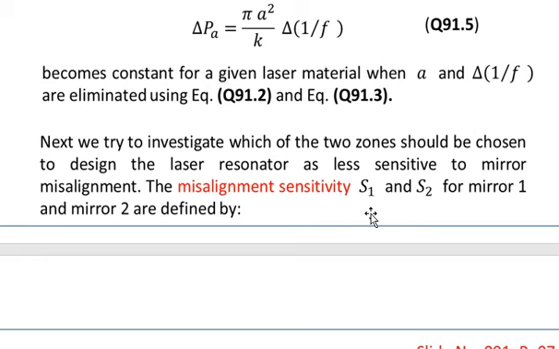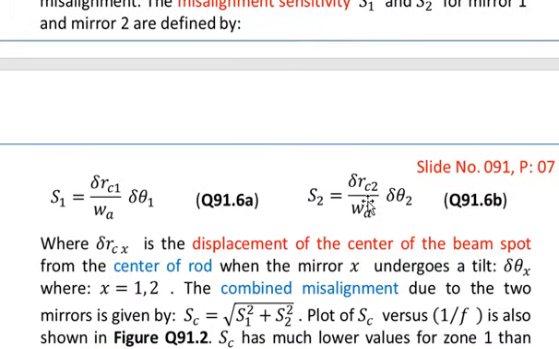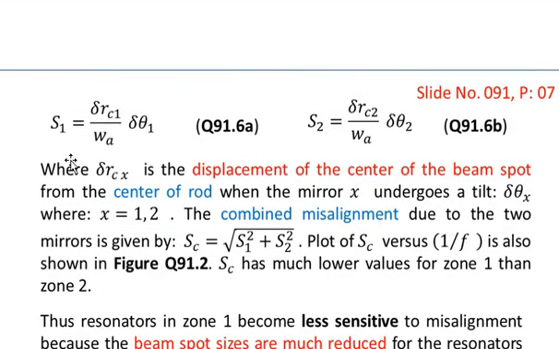So S1 is equal to delta R C1 divided by WA multiplied by delta theta 1, and S2 is equal to delta R C2 divided by WA multiplied by delta theta 2, where delta R Cx is the displacement